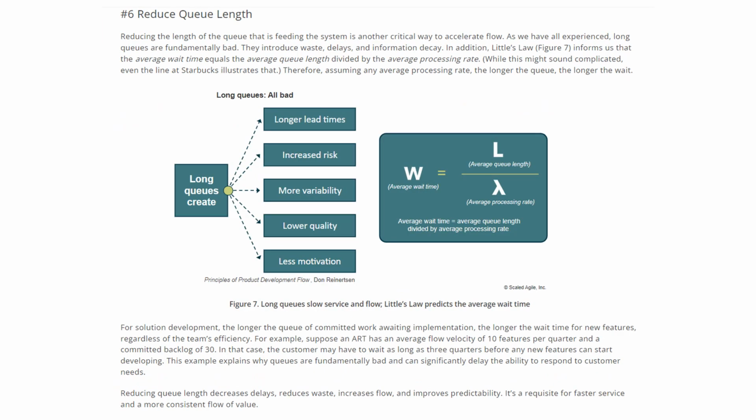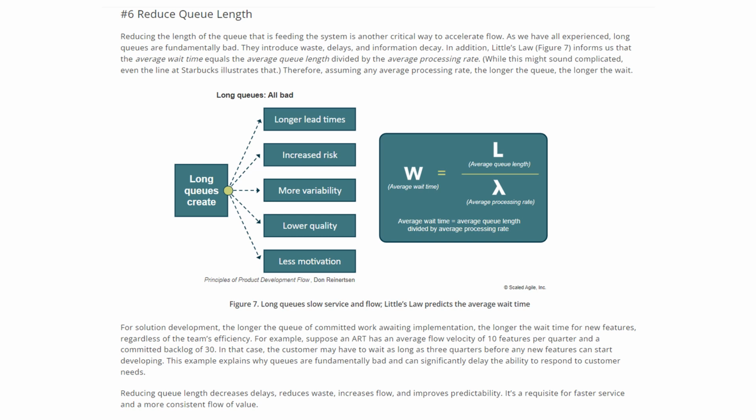The sixth flow accelerator is reduce queue length. Reducing the length of the queue that is feeding the system is another critical way to accelerate flow. As we have all experienced, long queues are fundamentally bad. They introduce waste, delays, and information decay. In addition, Little's Law, if you look at this picture,